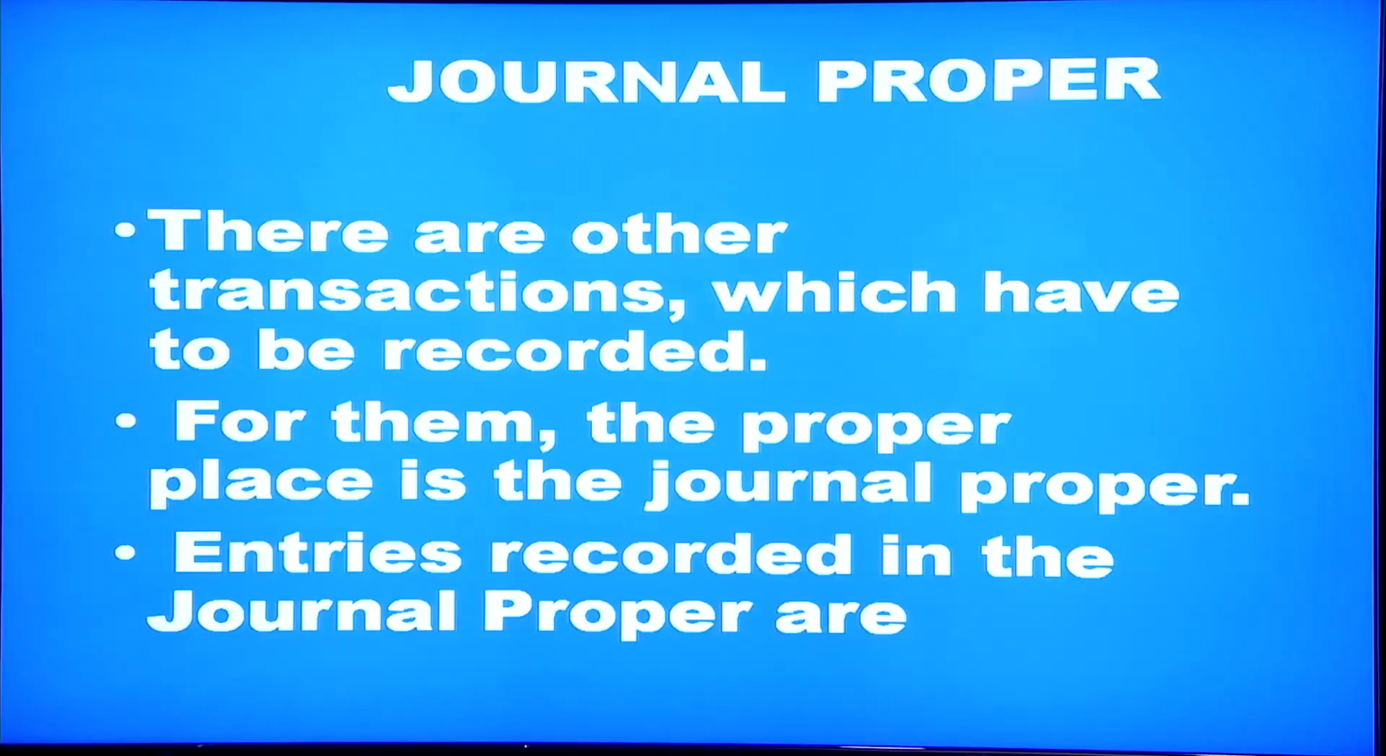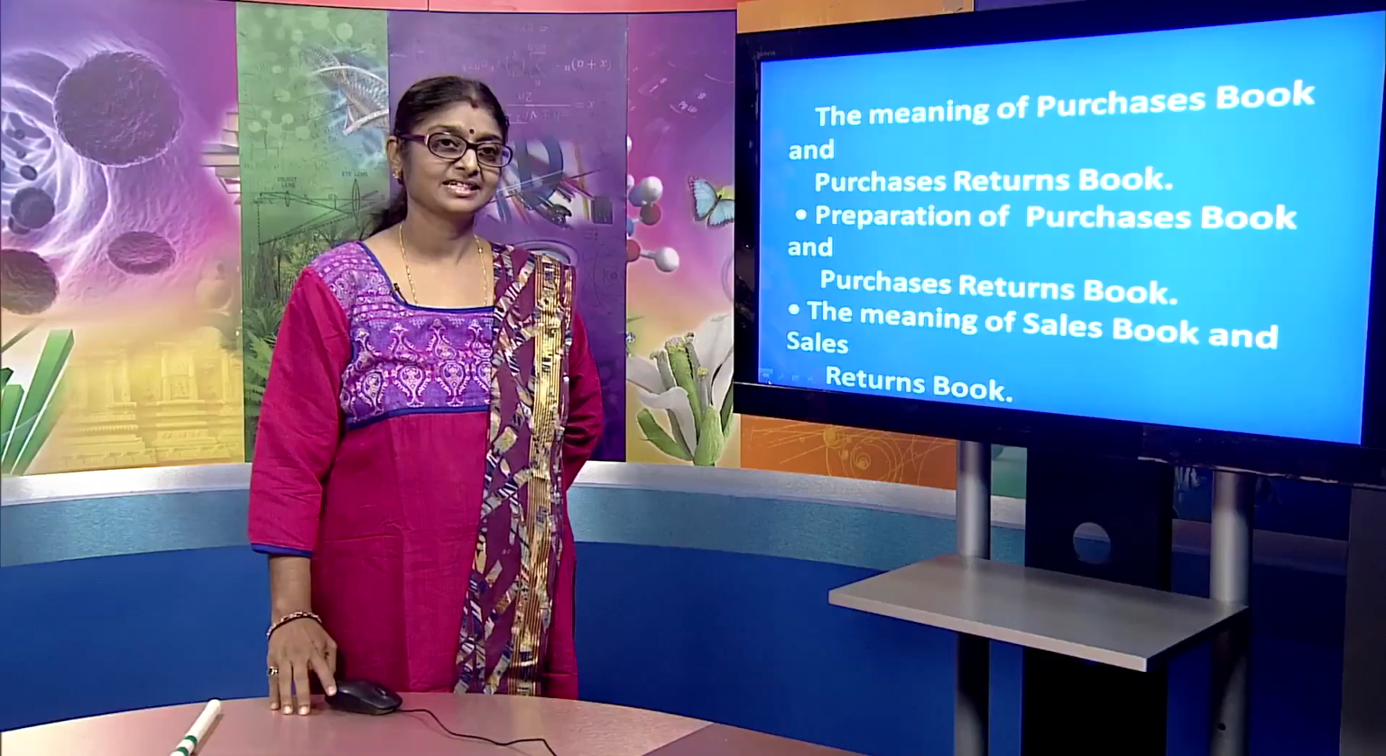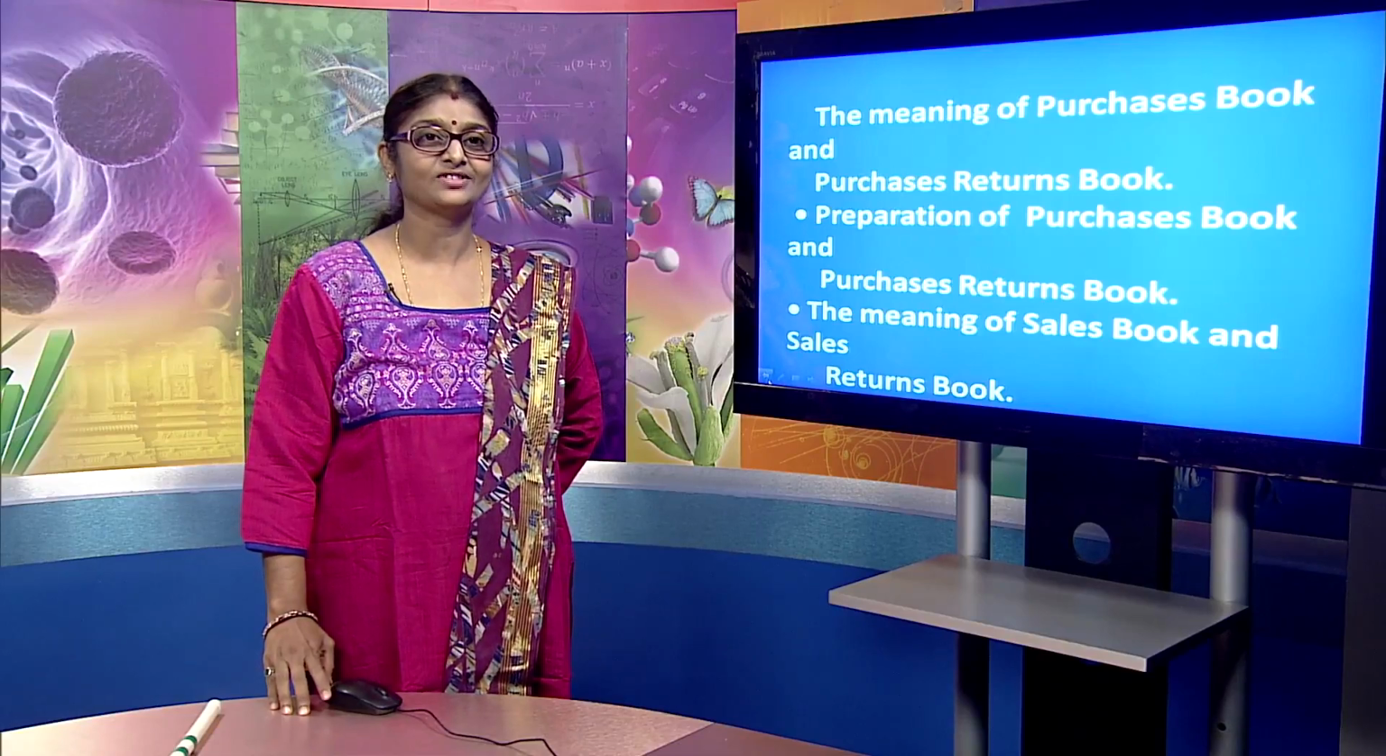For them, the proper place is the journal proper, and the entries recorded in the journal proper are opening entry, closing entry, transfer entry, adjustment entry, rectifying entry, credit purchase of assets, credit sale of worn out assets, or credit sale of obsolete assets. Dear learners, now we have studied